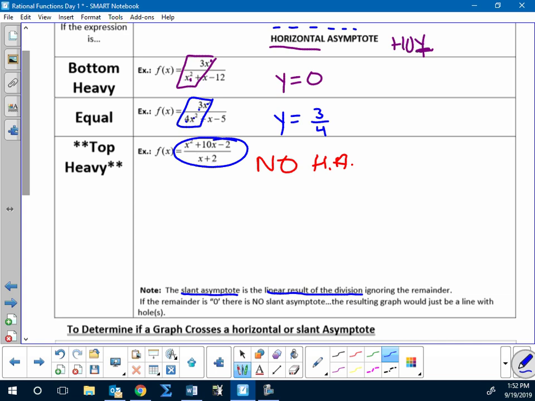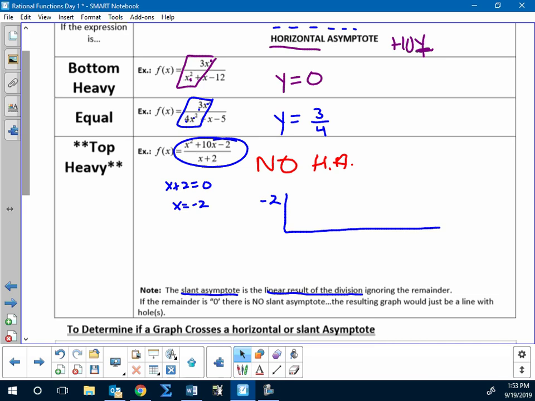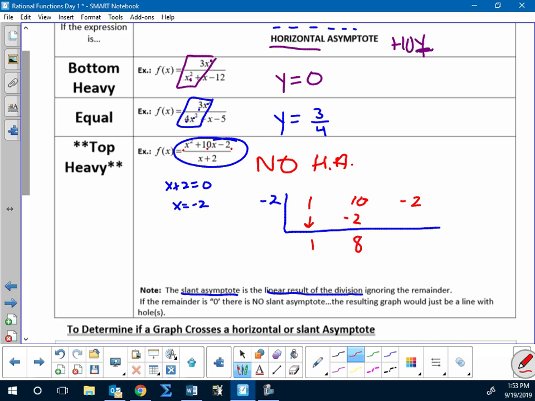Now, on your test, you didn't have to change any numbers. But here, you want to divide by what's on the bottom. But you got to set that equal to 0 first. So if you set that equal to 0, you're really dividing by x equals -2 on the outside. And then take your coefficients from the top and put them on the inside. So 1, 10, -2. Drop the 1, multiply, add. Multiply,